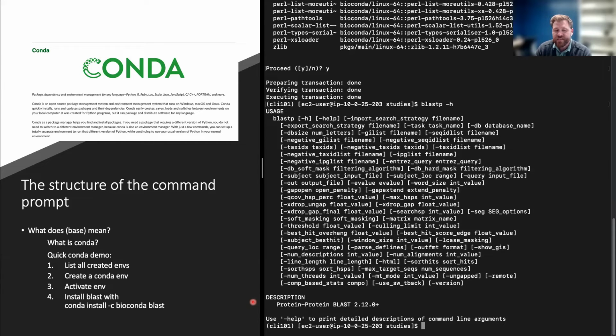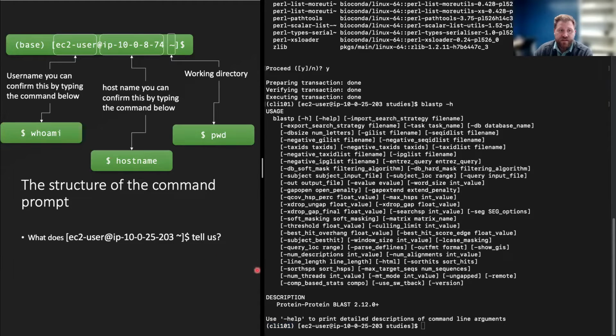And the other thing that's really nice about it is if Conda installs it, it usually works. I don't have problems with things that I install from Conda. So I showed you that, and we'll circle back to it, mostly to explain that whenever you see these environments inside these parens at the beginning of your command prompt, it tells you that you have access to Conda, and that's a great thing. The next bit,